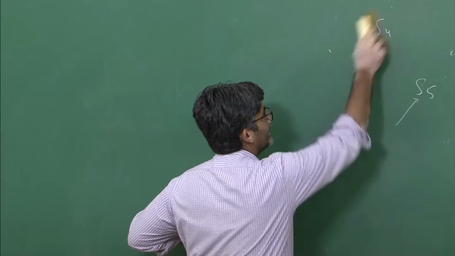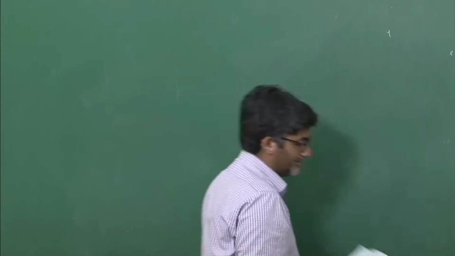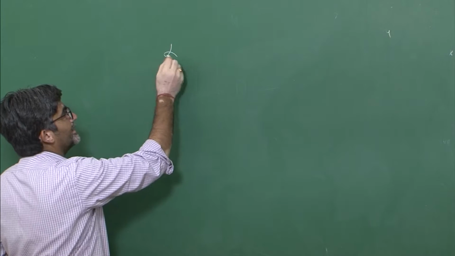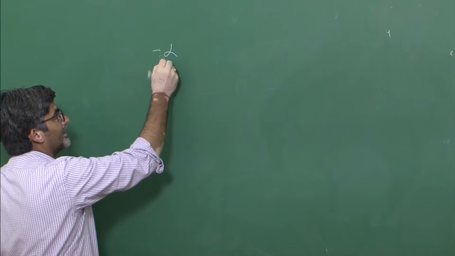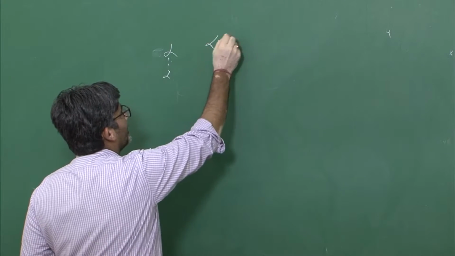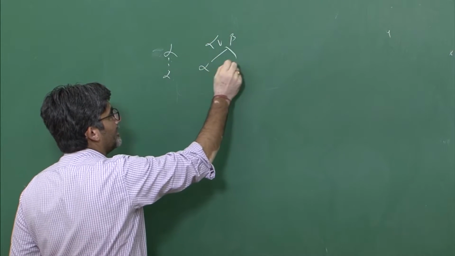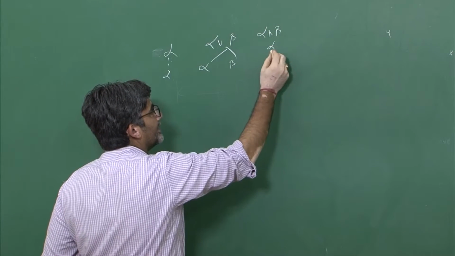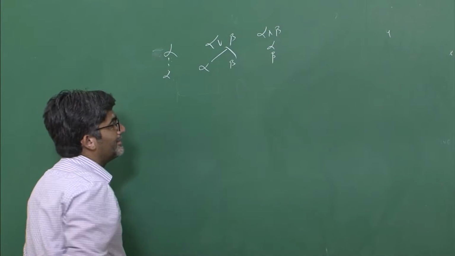And they are going to be like this. So we have something called alpha rules and we have beta rules. If a formula is there like this, alpha, then it is same as alpha only. Then alpha or beta is considered to be a branch, and alpha and beta is a trunk of the tree. It will be like this.